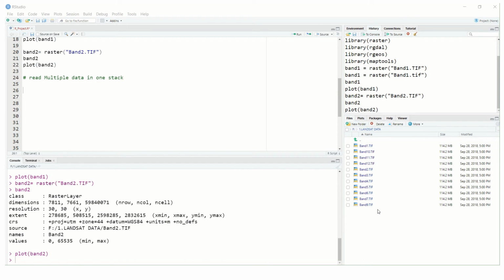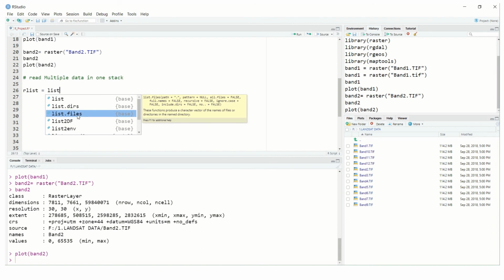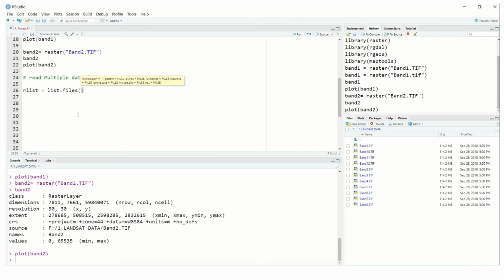So first thing, we have a very special code line. We will start with that. I'll put a name as r list. Here what I'll do is I am listing all my data. So for that, raster list. It means r list, nothing but raster list. Then what I'll do is list.files. You can see here list.files.